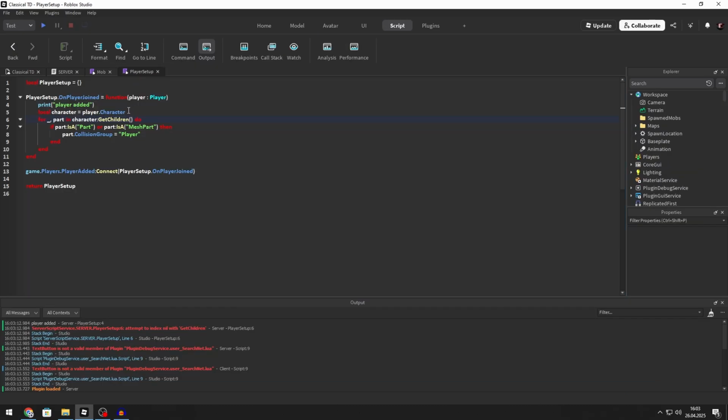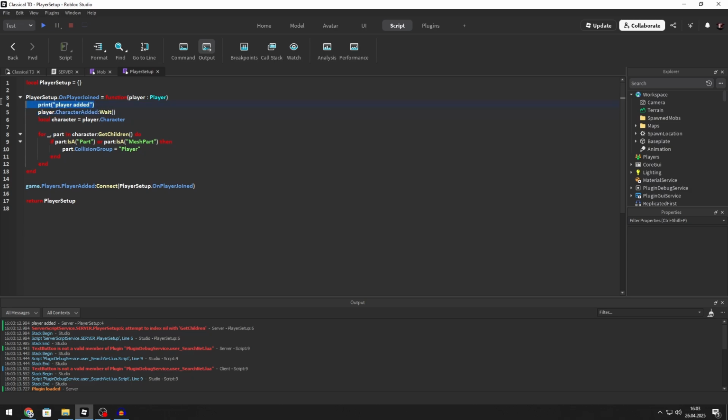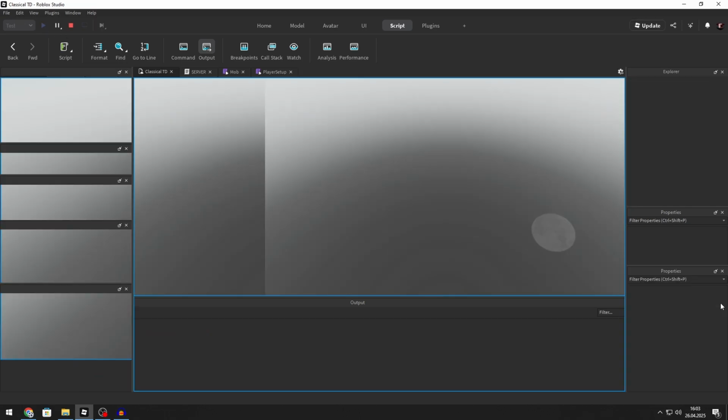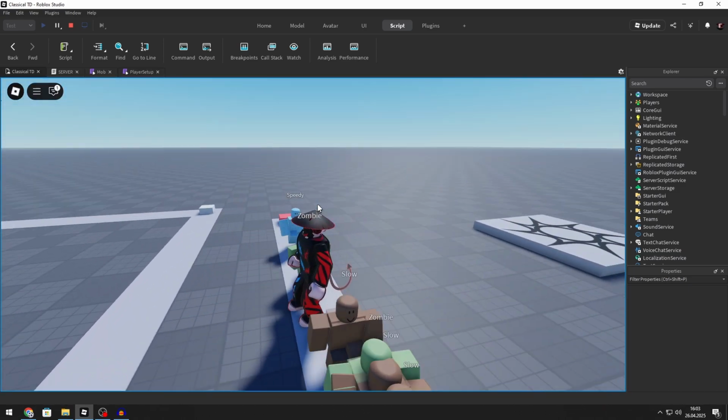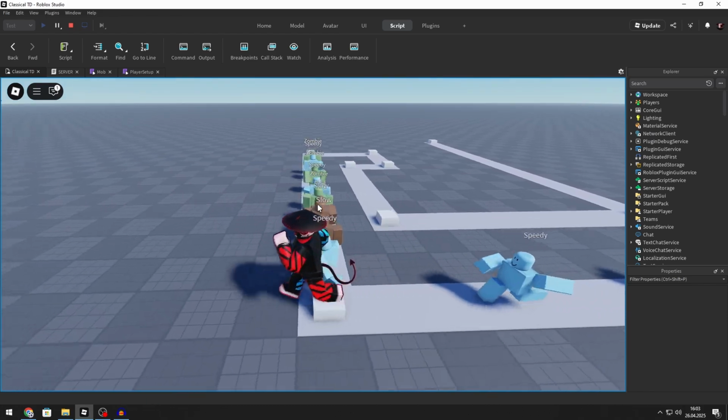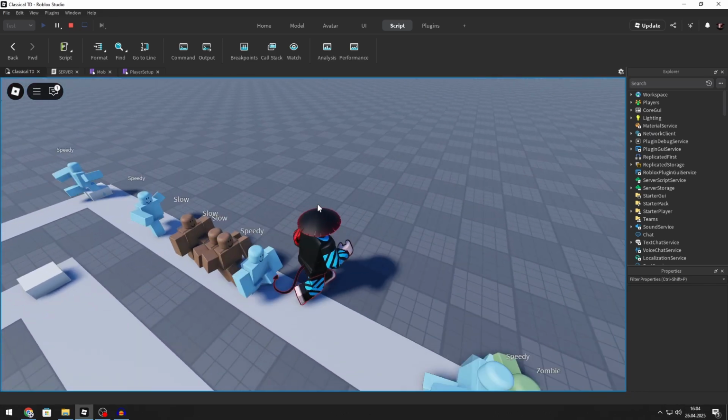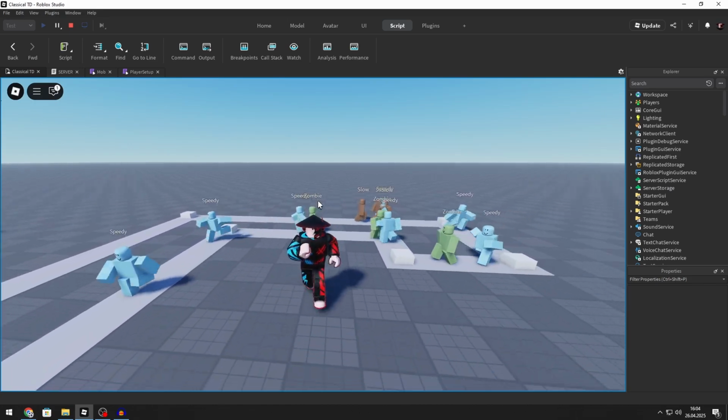Oh, okay. So character and character. Alright, dot CharacterAdded. No, right. Keep it character and player.CharacterAdded. Wait, like this, and now it should work. Yeah, see, I can walk through them however I want, and they can't